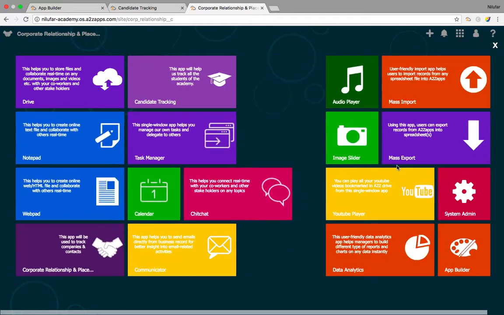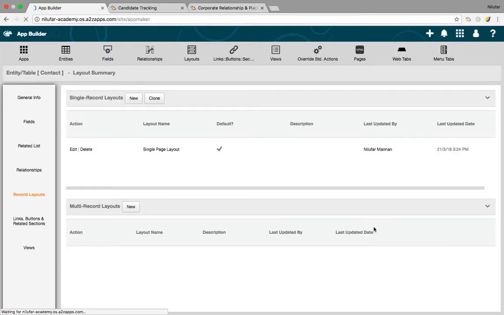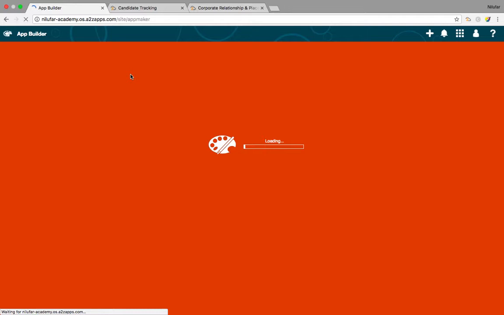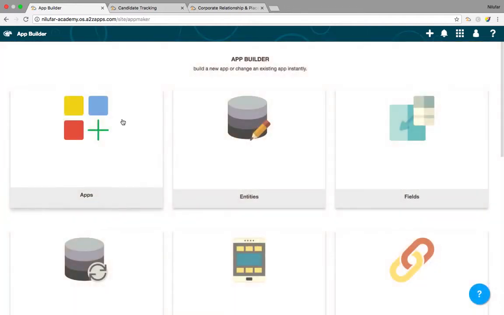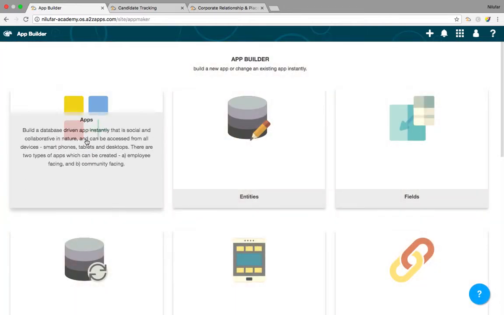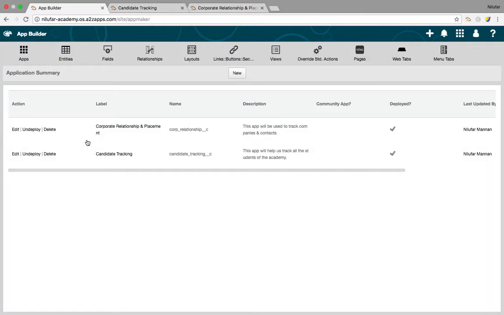Let me go to the app builder panel, as we need to change the order of my app menu. So we need to go to apps, and I need to go to this corporate relationship and placement app.